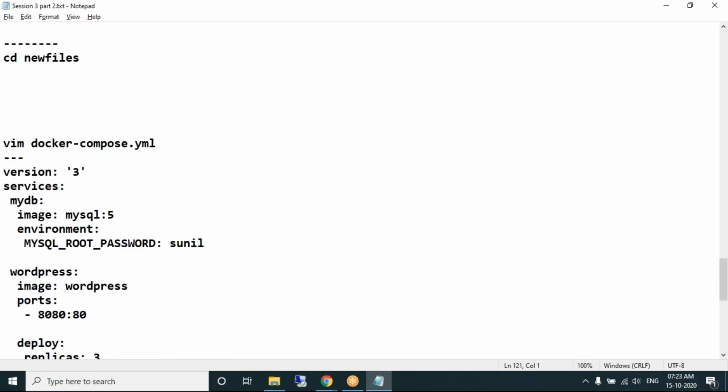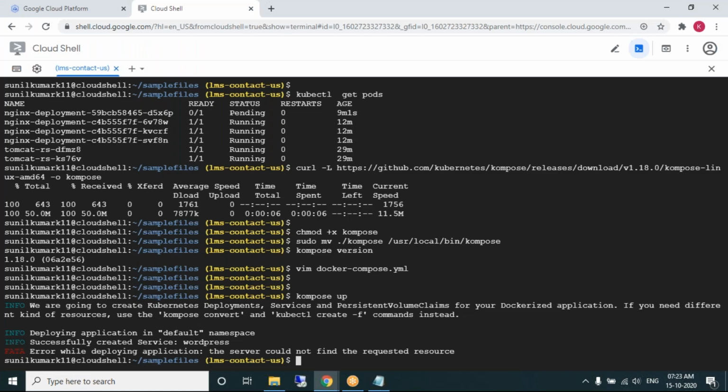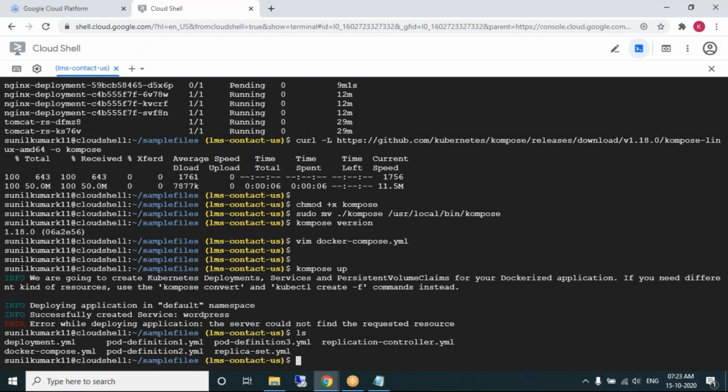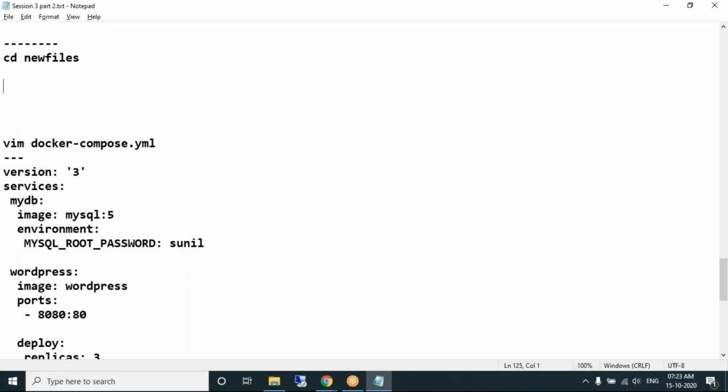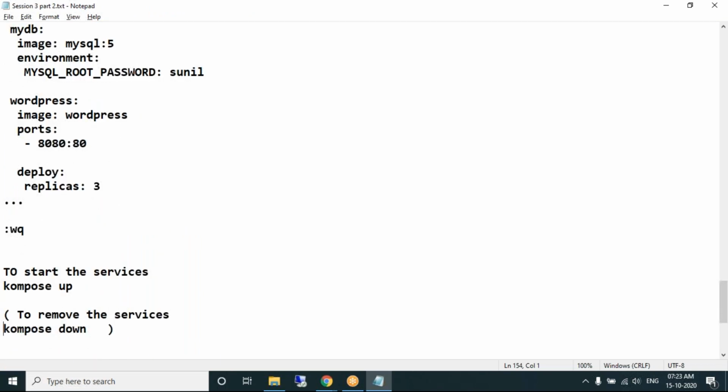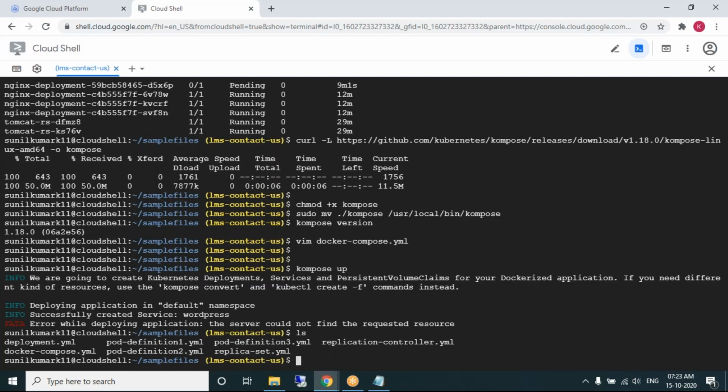Why is it giving an error? Something failed there, right?